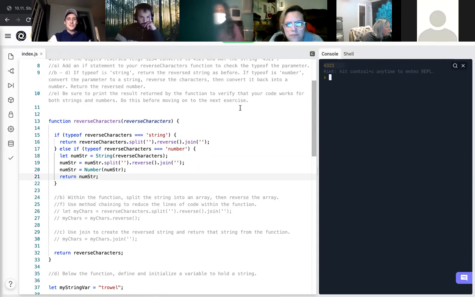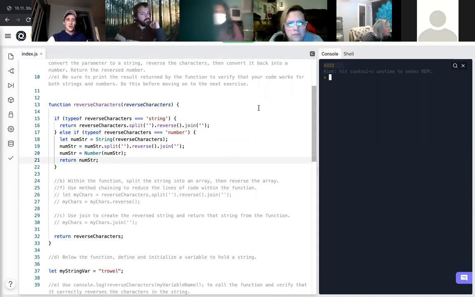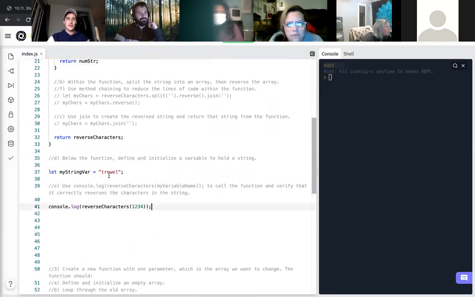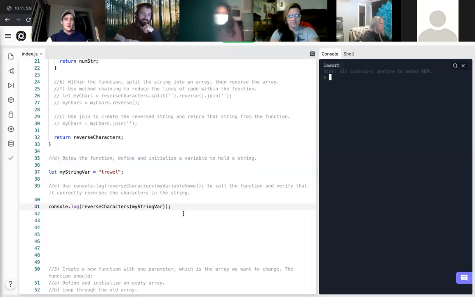Be sure to print the result returned by the function to verify that your code works for both the strings and the numbers. Do this before moving to the exercise. All right, let's go ahead. Let's see, trowel, some random word. Still looks like it works. Awesome. And then I'm just going to pass in